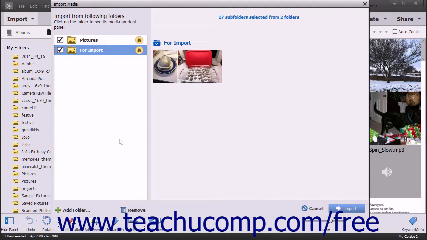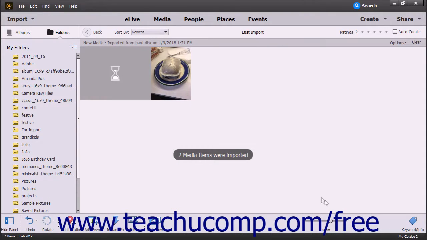After adding all the folders you want to the Import from Following Folders list, then decide which folder's contents to import. To do this, ensure that there is a check mark in the checkbox to the left of the folder from which you want to import files. Any folder with a check mark will have all its contents imported into the organizer folders. Then click the Import button in the bottom right corner of the dialog box to import the contents of the